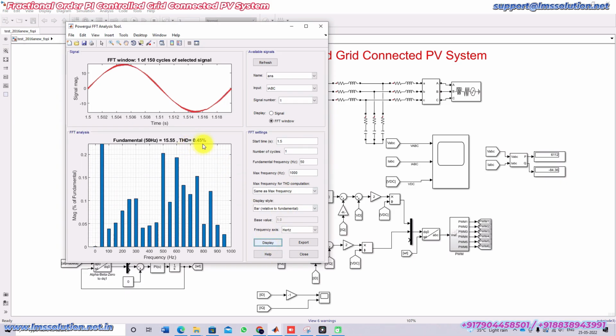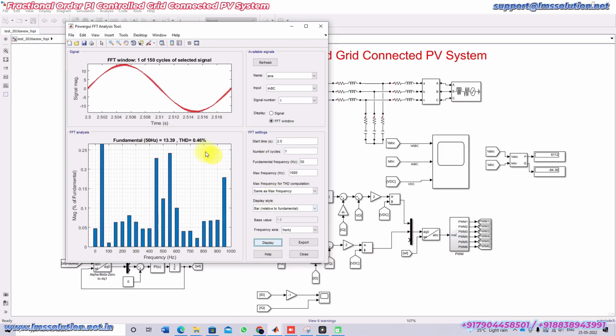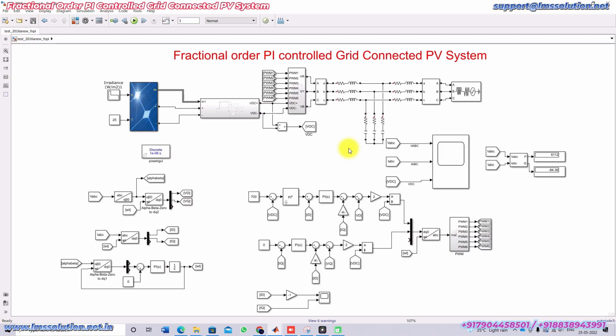So here you can see the THD around 0.45 percent, and then I'm going to change the time to 2.5 and check the THD. So THD is around 0.46 percent only. Okay, so in this method we extract the maximum power from the PV, and also the THD of the grid and inverter current is less than 1% only by using this fractional order PI